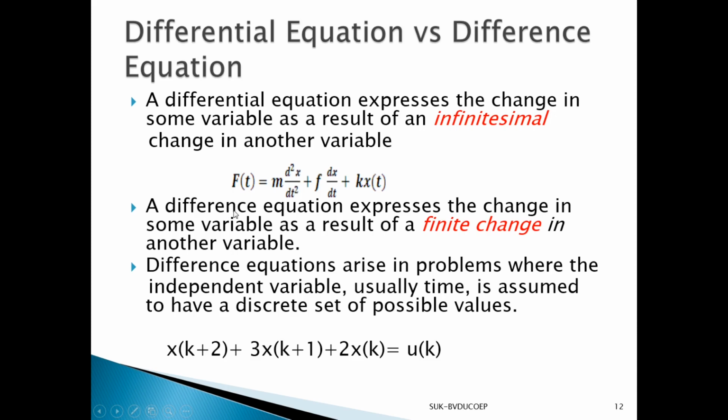Here there is also change, but time sampled. So 0 to 1 one sample, 1 to 2 another sample, whatever your timing. Therefore this is a small d; d by dt is a small d. Here, in a difference equation, the change in some variable is a result of a finite change in another variable. So k to k plus 1, k plus 1 to k plus 2, like that, this is a difference, a change. From k there is some value, at k plus 1 there is one value, at k plus 2 there is one value, like that. Therefore we have to use the difference between k plus 1 and k. That is the difference equation.